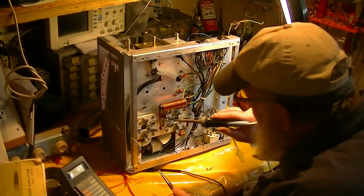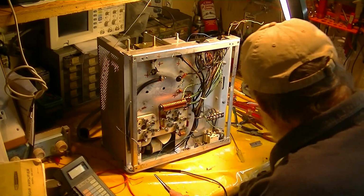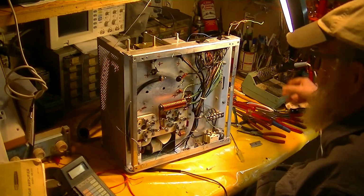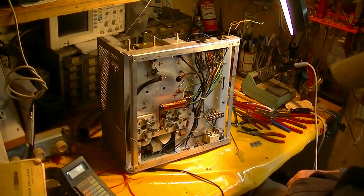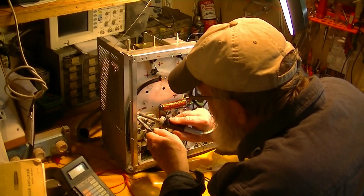Sometimes you run across a radio where every attempt the guy makes to fix something makes it worse. And it seems like there's several ways you can make it worse. You can make it worse by putting the wrong component in there, the wrong value. You can make it worse with really bad craftsmanship. And you can make it worse with bad ideas. And it would seem that this guy has done all three